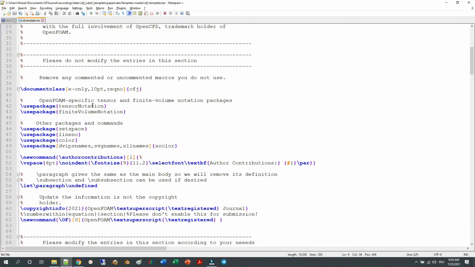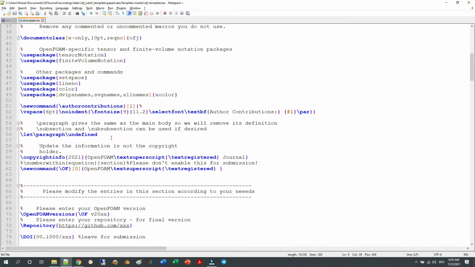So please leave these packages. We do use these packages for submission, so please don't delete any of the packages. Some packages can be added if you prefer, but please make sure that you do not destroy the styling of the pages with your packages. Okay, then